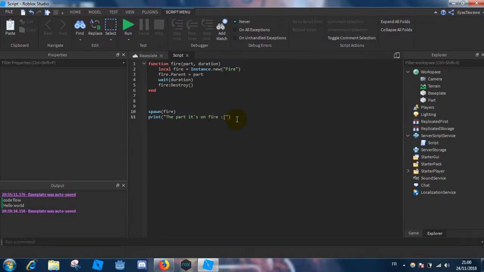Like this, for example. Anyway, let's run and see what's going to happen. Wait, fire. By the way, this needs some parameters here. If it needs some parameters, then just do a comma and then the first parameter. It's the part, so workspace.part